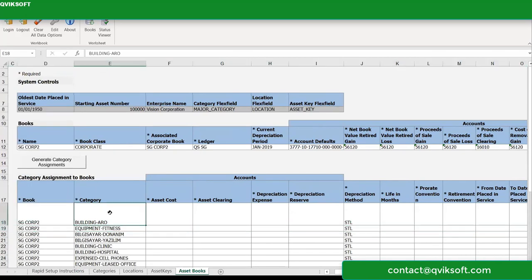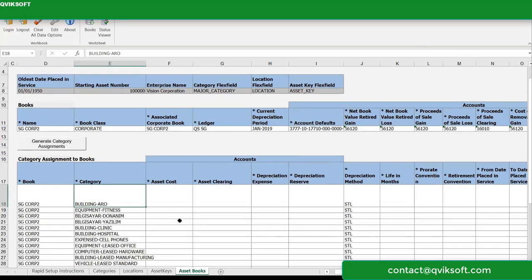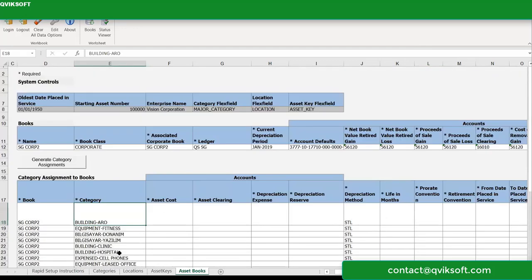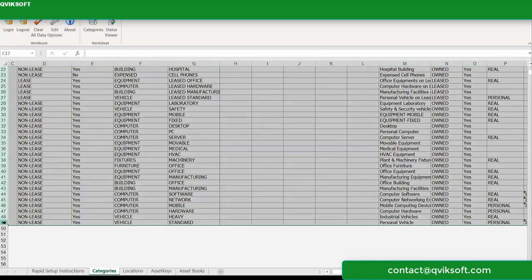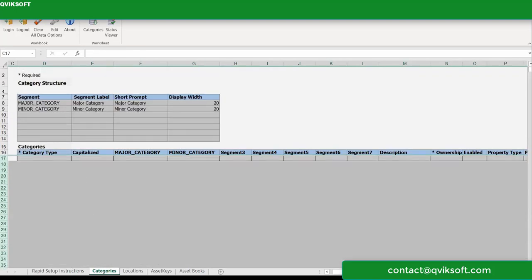If you leave a blank line there, then whatever logic the system has for uploading the data, when it finds a blank line, it stops uploading. So you will not have any category assigned. Once this is done, I have my categories. I don't need to define a new category. So this is fine, whatever is there. After that, if you want, you can remove this from there, unless you've added some new categories.